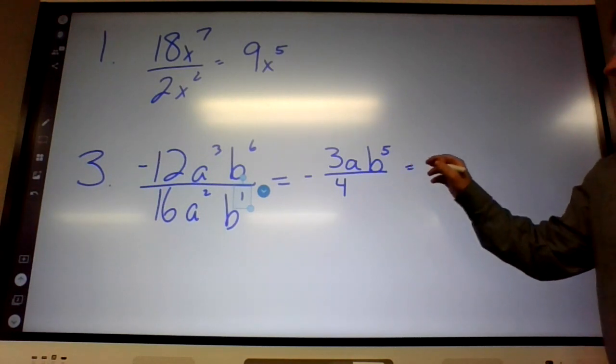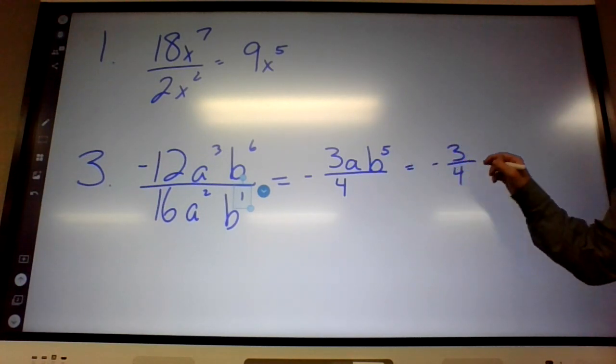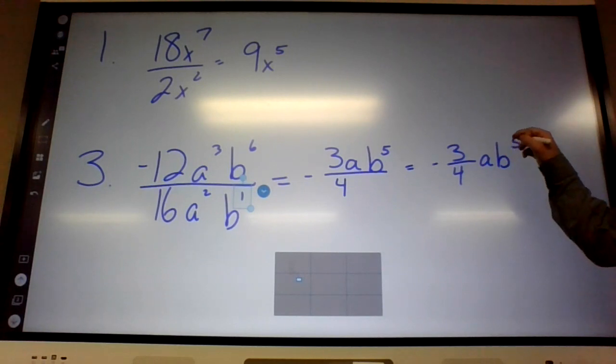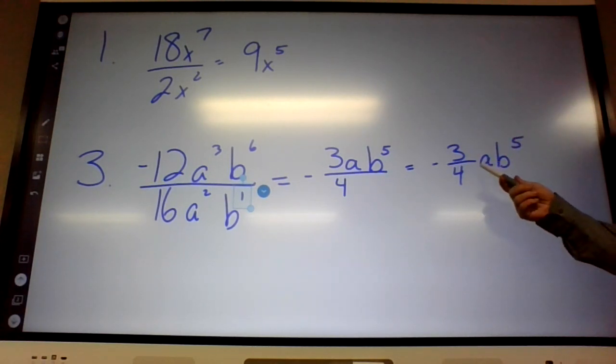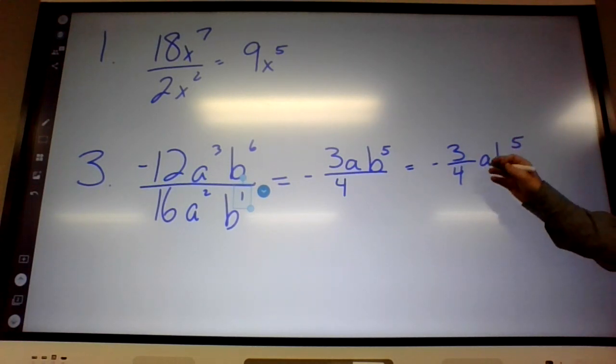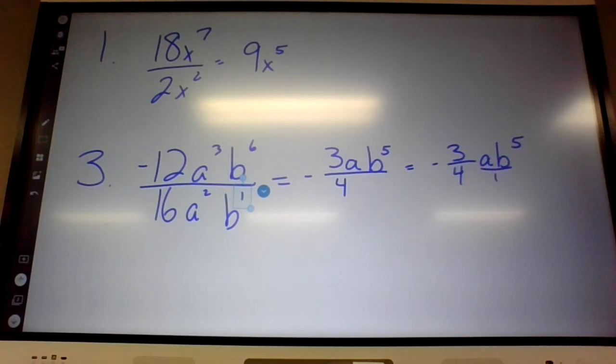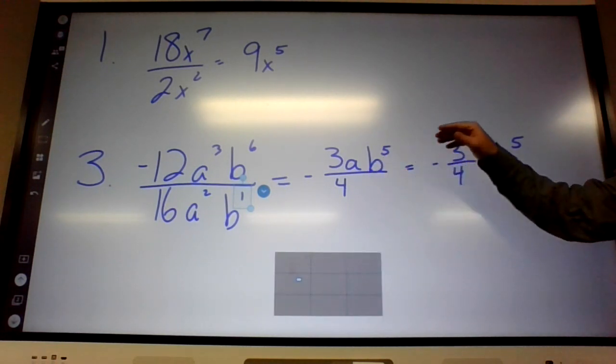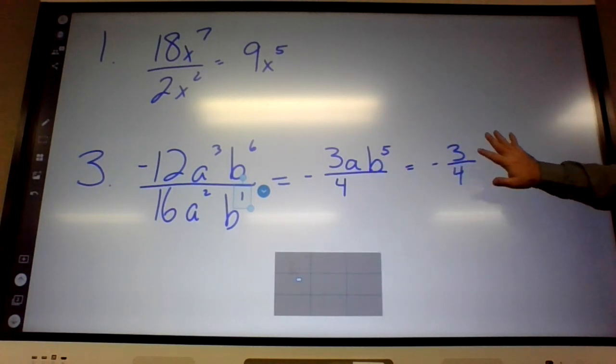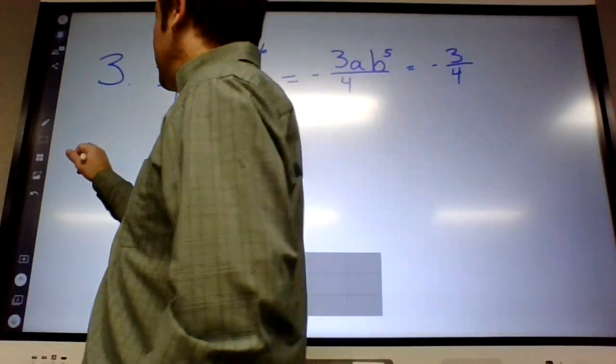I could have also written this, and you guys don't need to do this. We're not going to be doing this part. As ab to the 5th kind of off to the side. You can think of them as being in the numerator, because it's like they're on top of a 1. But yeah, I'm just going to be putting them all in the same fraction for this part. Anyways, okay, number